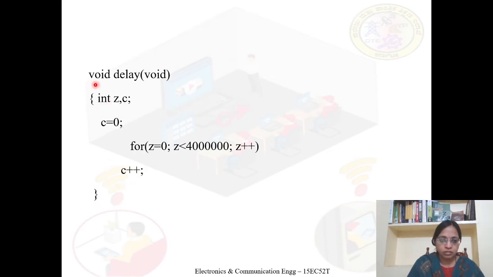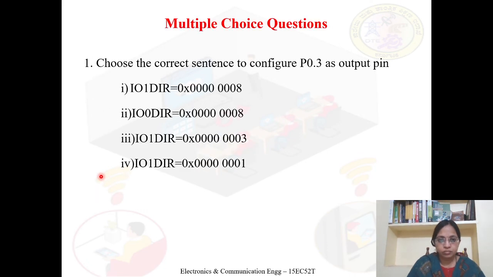And it's very simple to write down the delay function. So what is the use of the delay function? Simply we are making the processor spend some time inside the loop. Okay. So for that, simply here we are using a for loop with z as a variable, and I'm simply incrementing the z value up to this maximum value. Okay. So this will make the processor spend some time inside this delay loop. So that was the programming part of the GPIO of LPC2148.